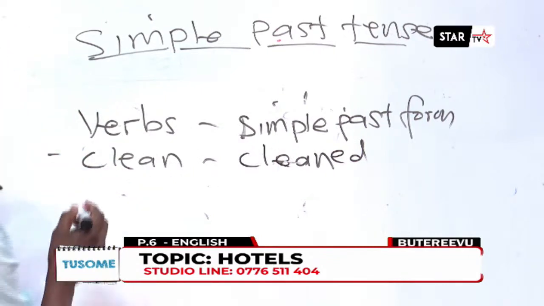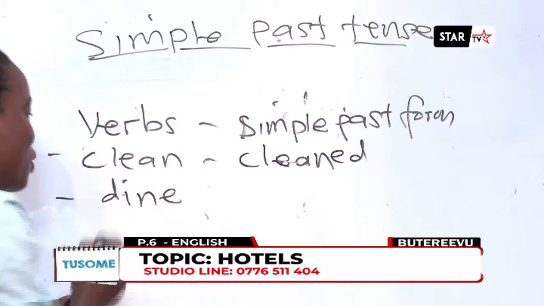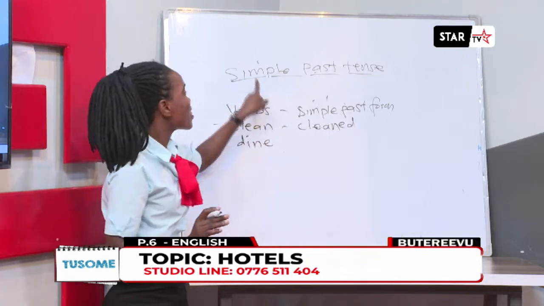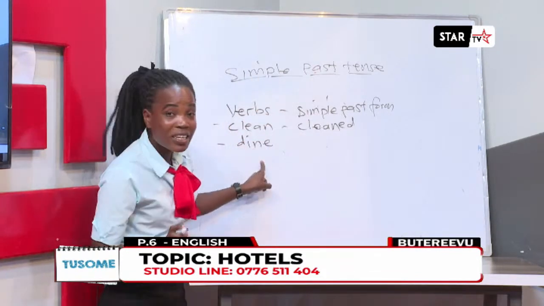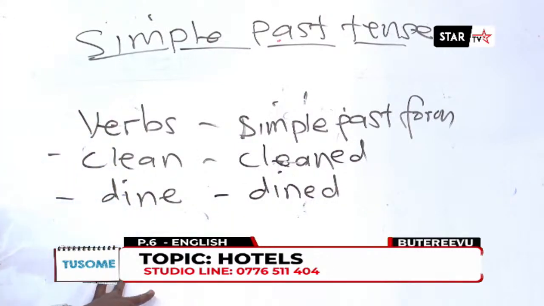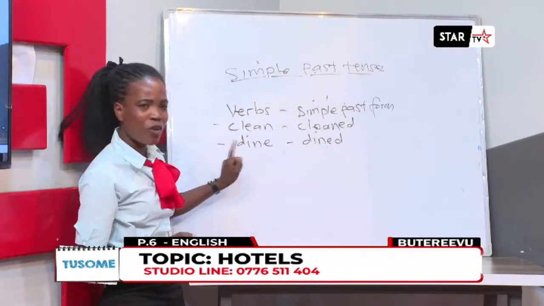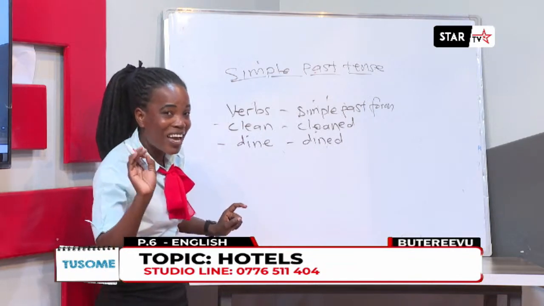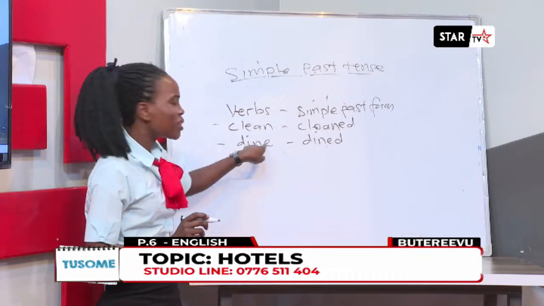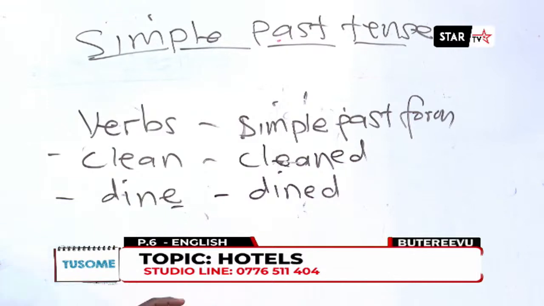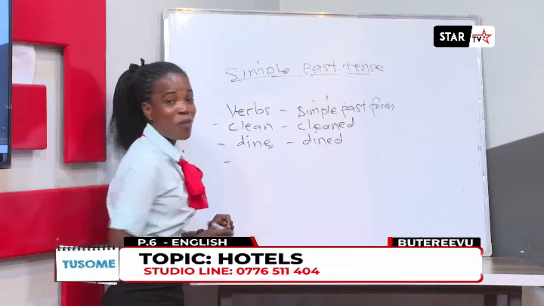Another verb I can talk about is the verb dine. If at all you want to use this verb to construct any sentence in the simple past tense, you have to change it to dined. In most cases, my precious viewer, you find problems with writing this verb in the present participle form, where you need to add the ing. Let me give you this. If you want to write this in the present participle form, you just need to eliminate that letter E, and you add the ing. I believe you've got that one too. Let's go on and I give you more examples.